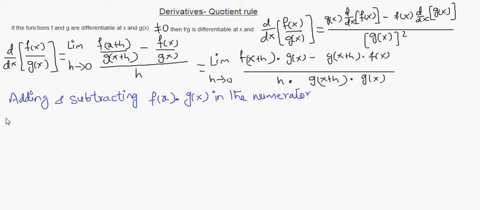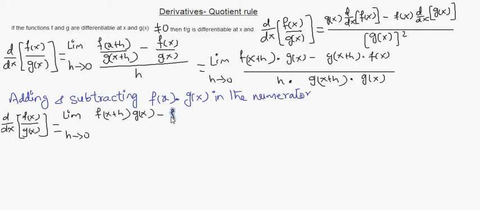That gives us derivative of the function f of x divided by g of x equals to limit as h approaches 0 f of x plus h times g of x minus f of x times g of x